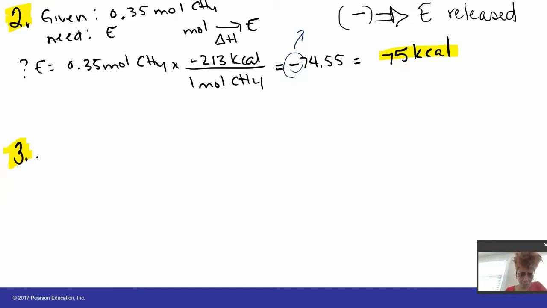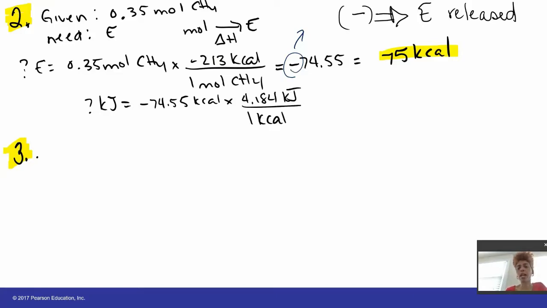All right, let's do the second problem. Oh, sorry. So let's take a look at this value in kilojoules. We can take that value from kilocalories, our minus 74.55. Notice I didn't round off here because I want to have a more precise answer. I could have just plugged in the kilojoules here, but we can convert from kilocalories to kilojoules. And our conversion is 4.184 kilojoules per 1 kilocalorie. And we get minus